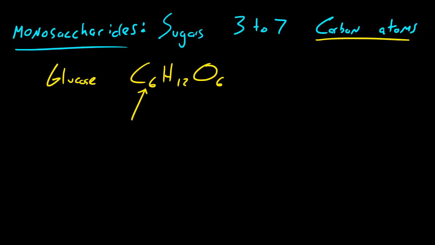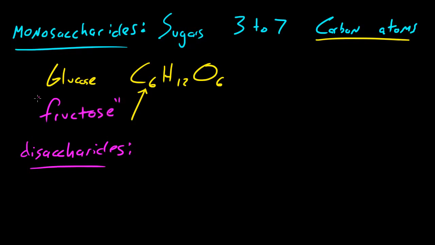Now, once we get the step above monosaccharides, above 7 carbon atoms, we get to something called disaccharides. Disaccharides are actually two monosaccharides joined together. Let me think of an example. Glucose is of course a monosaccharide. Something called fructose, you may have heard about fructose because people say that it's the fruit sugar. Fructose is also a monosaccharide, and if you were to combine glucose plus fructose,